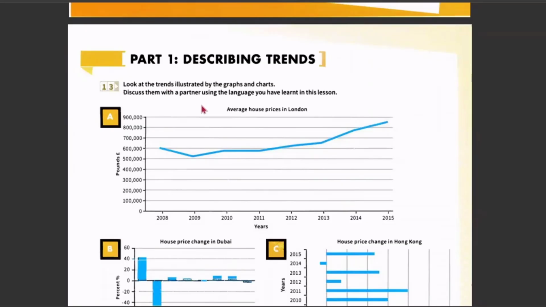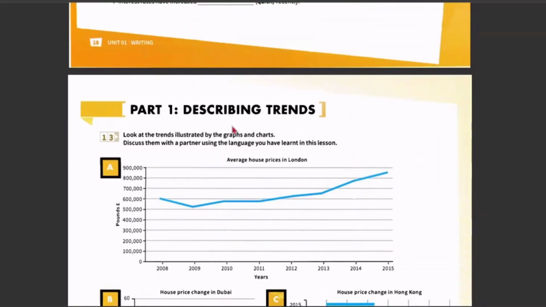13th activity, here we have to look at the trends illustrated by the graphs and charts, and discuss them with a partner using the language you have learned in this lesson. Now, whatever we learned from the very beginning, firstly, we learned the names of the segments, the parts of each of the diagrams that we can have in our exam,